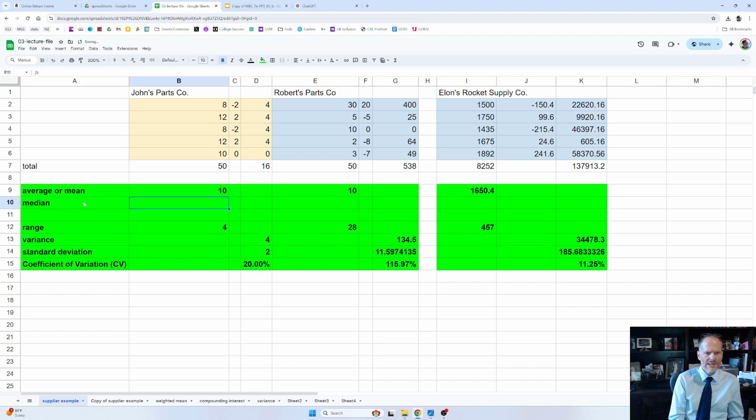But our median in this data set would also be 10. Whoops, that's 20. Here's our median in the data set. And our median in this data set, if we rank it from 2, 3, 5, 10, and 30, 10 is also going to be our median in this data set. And then if we look at our data set